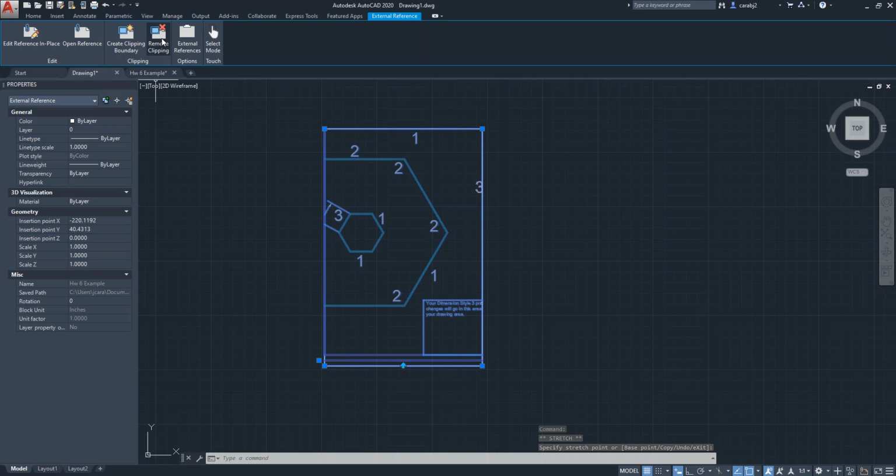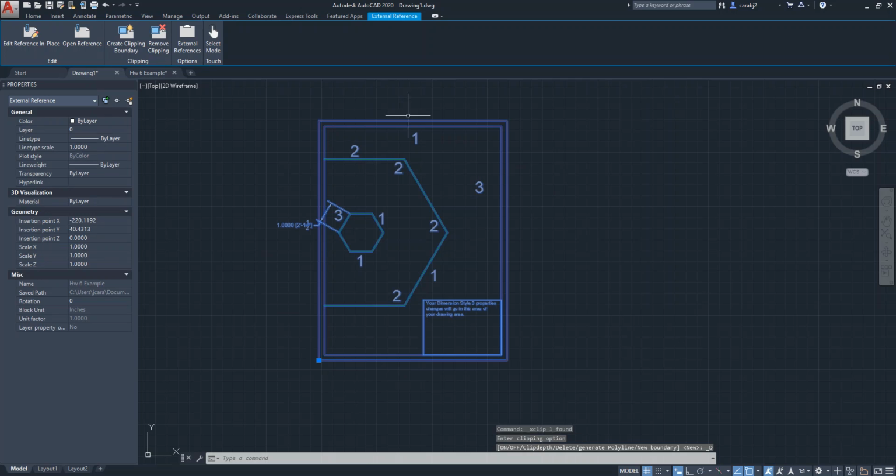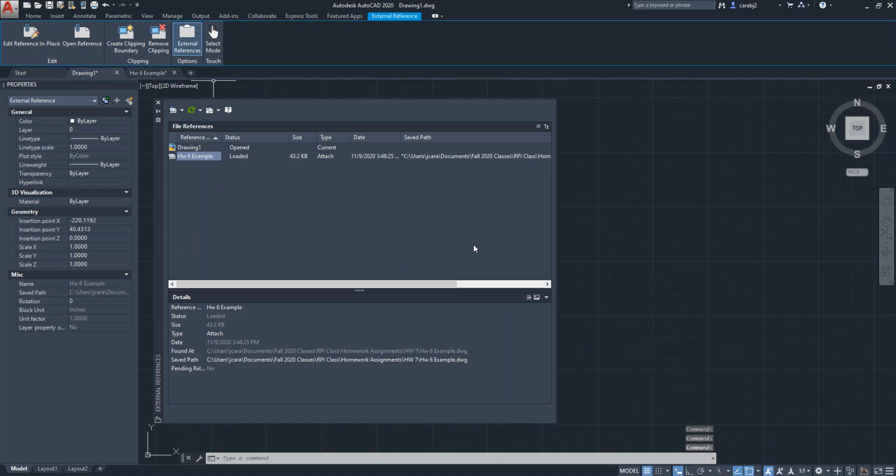Now if you want to remove the clipping plane, you can just go up here and it removes it, and then you can see it goes back to the original XREF. And then up here, the options will just bring up that external reference window again. And then over here down at the bottom, it can give you more details than the ones up here. It's going to give you your reference, the status, size, type, date, the same thing as up here, but then it also gives you the found at, wherever that file is found, and the actual saved path that it has,